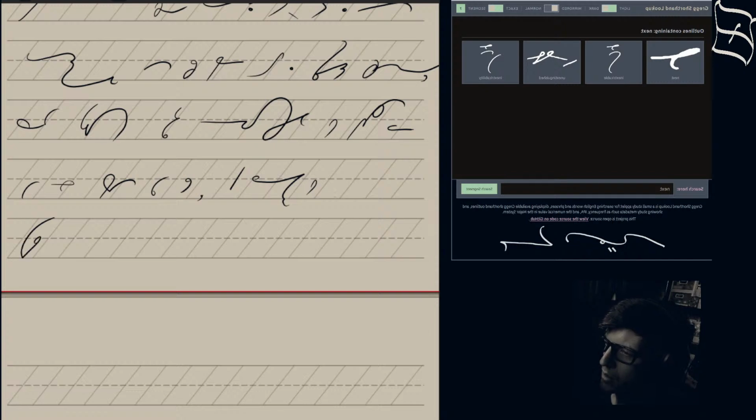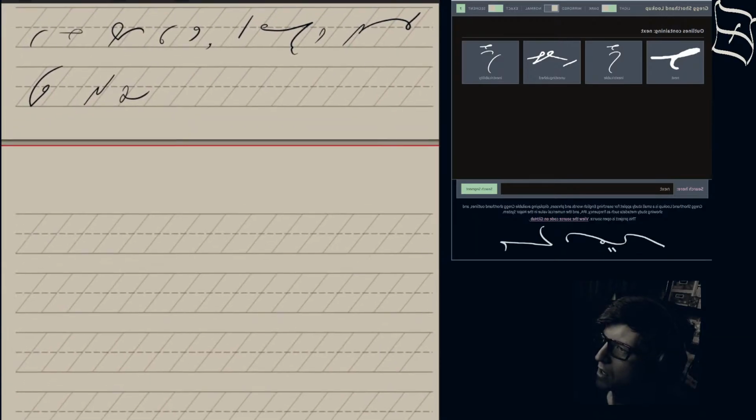So we get to get better. Let's see here. At what we are doing. At what we are, a little more of a curve in the R. We are